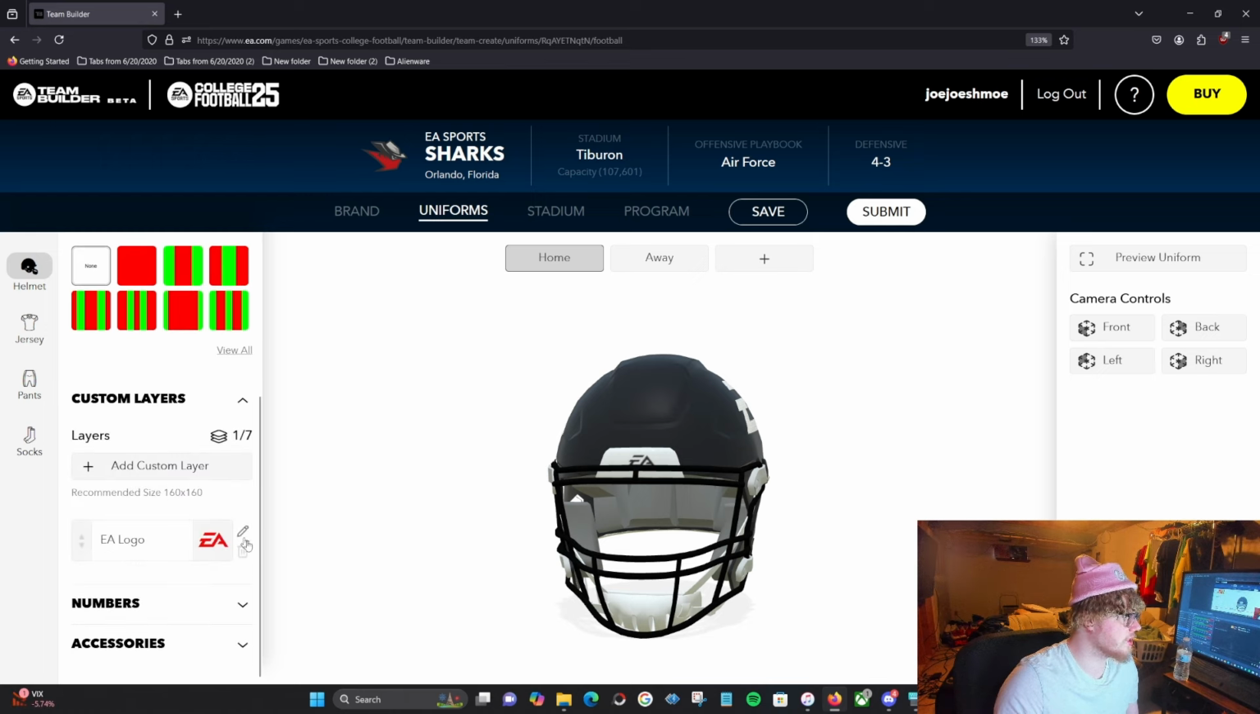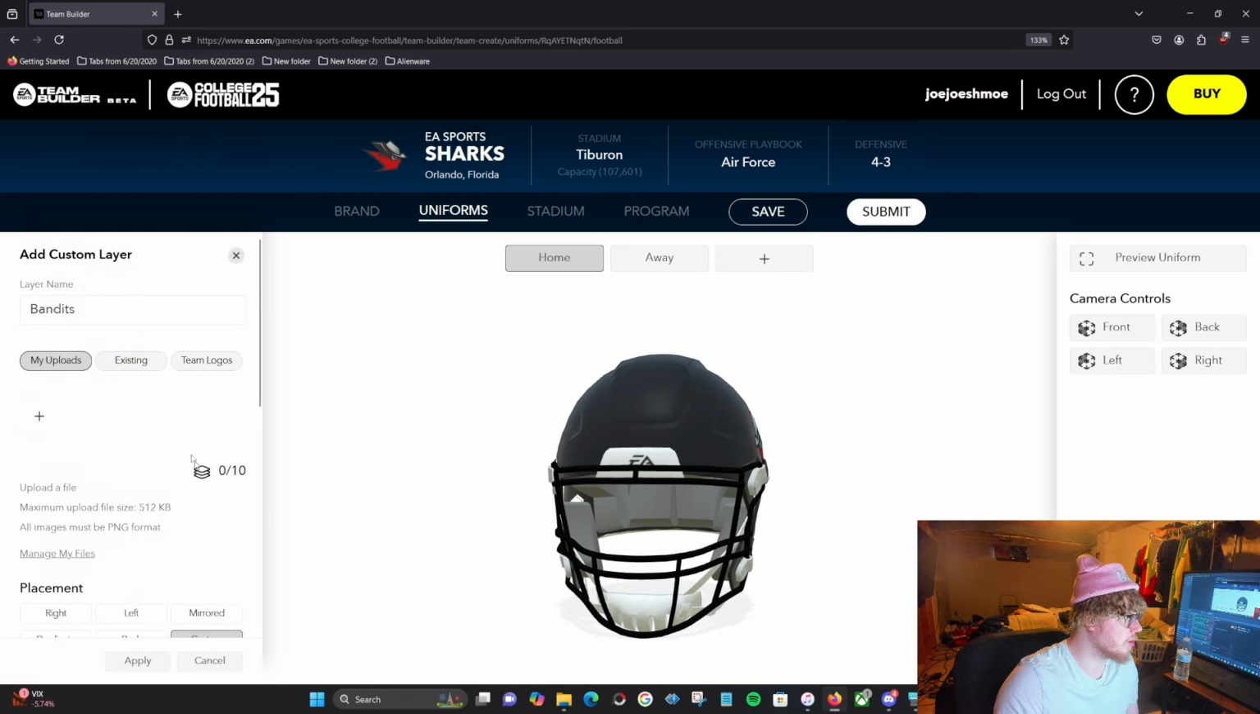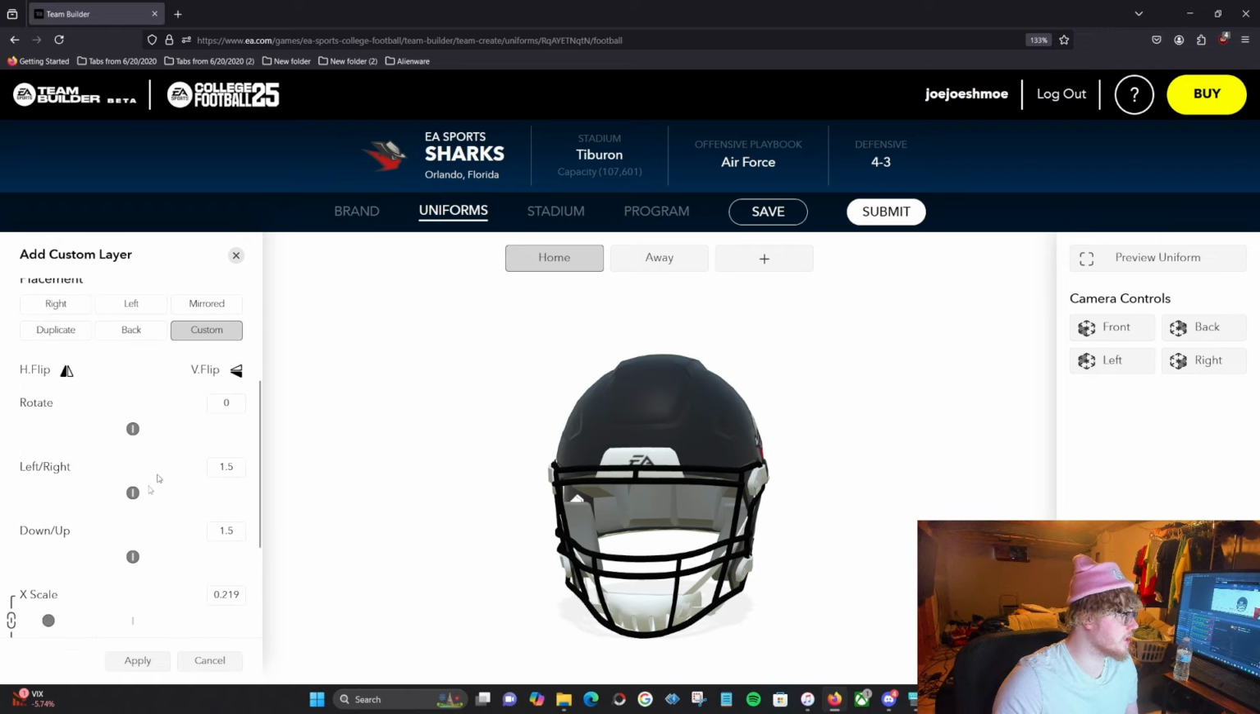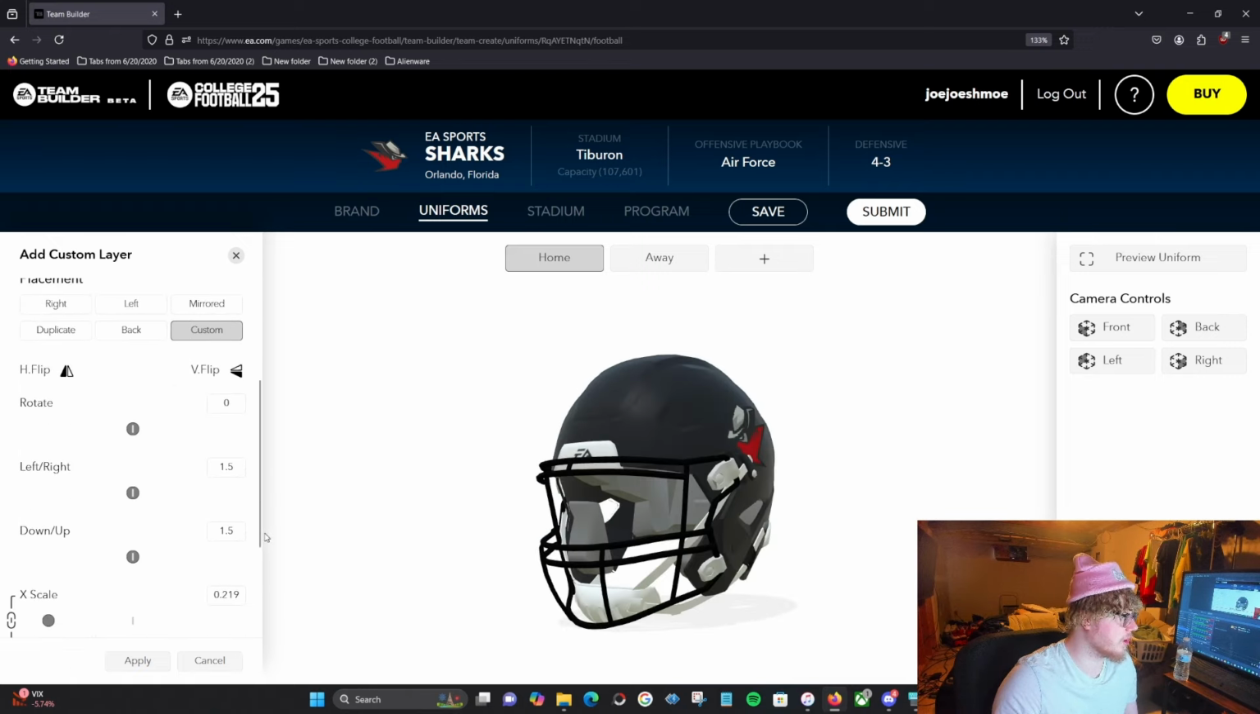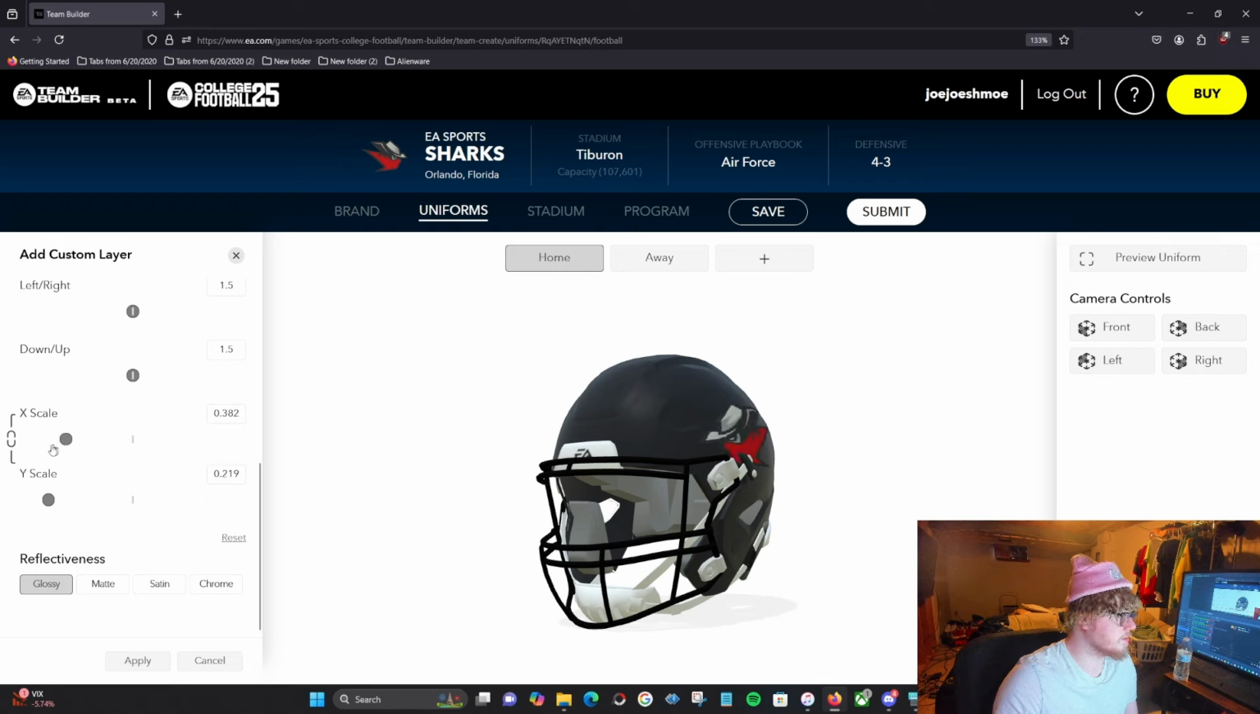The custom layers is actually where you're able to add your logo that you want to put in there. So you can add that in there, and then you can change the size of it and all that stuff with all this stuff right here, however big you want to make it. And that's why I was saying